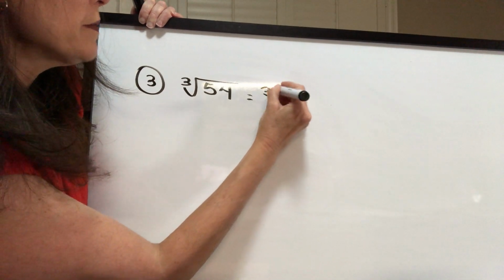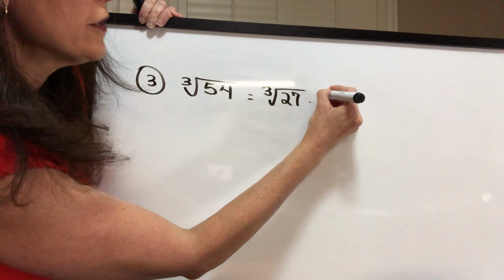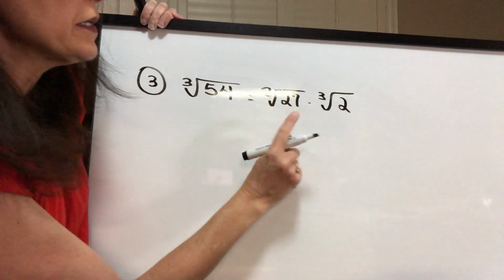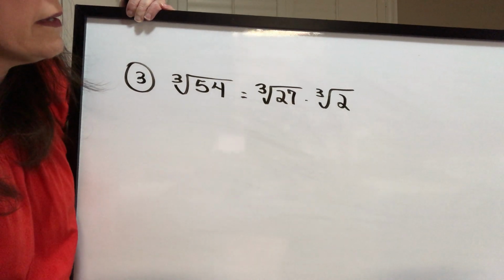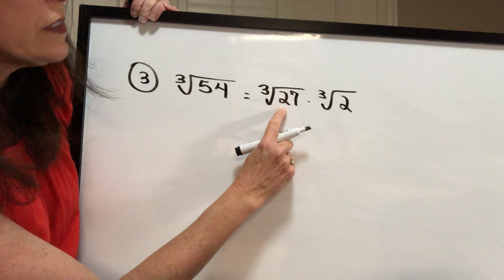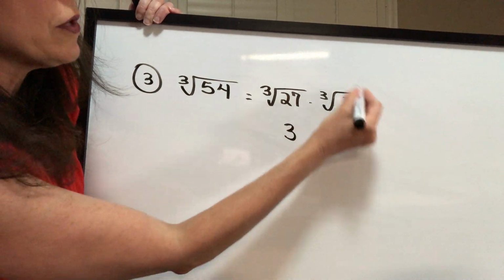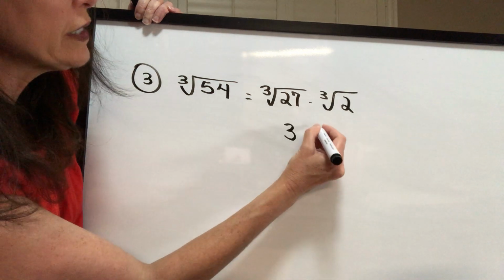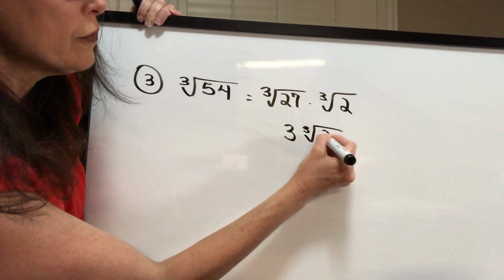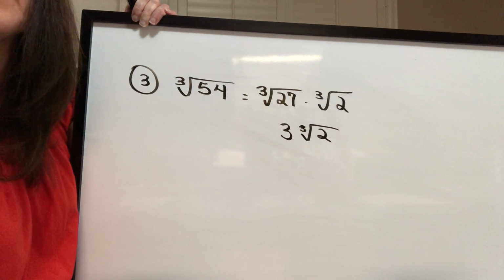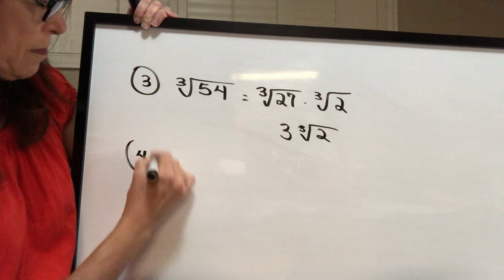So you would break this up into the cube root of 27 and then the cube root of 2, because 27 times 2 is 54. Then the cube root of 27 is perfect, that's 3. And then this part is not perfect, so you would keep it the same. So you would put 3 cube root of 2. And that would be your answer for number 3. Okay. Number 4